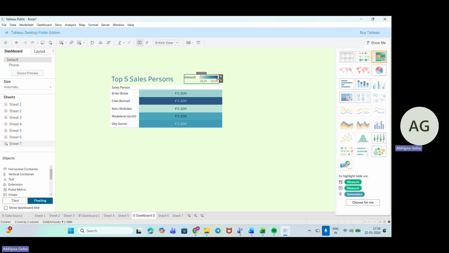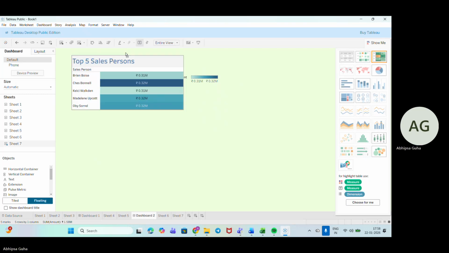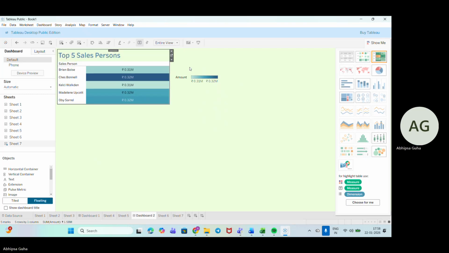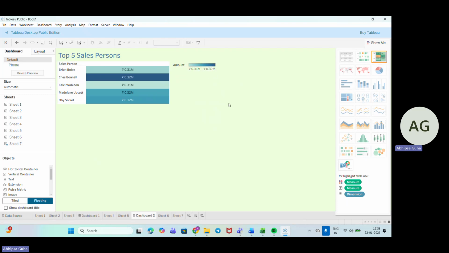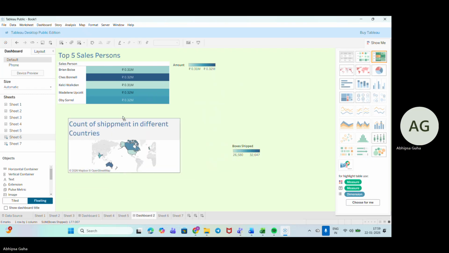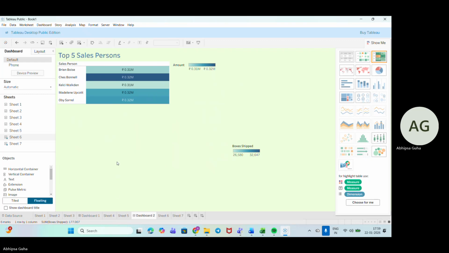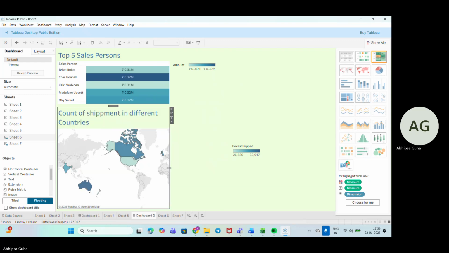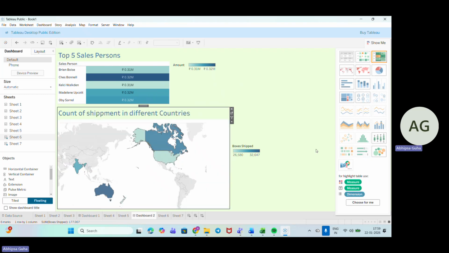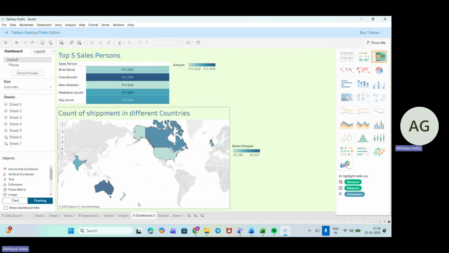Yeah, this is how we can add it, and I want it like this. Fine. Now we can add the other one. This one also we can add here.